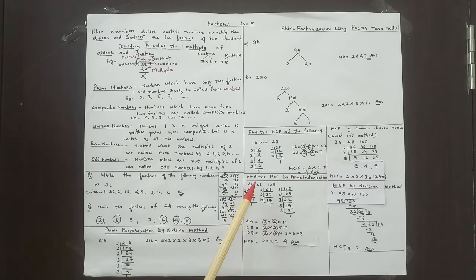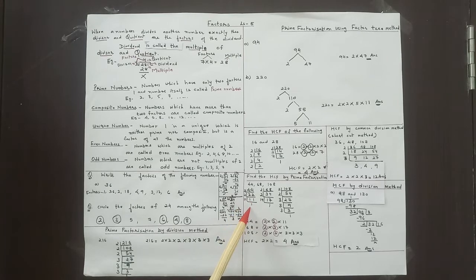After this, we will find the HCF by prime factorization. This prime factorization method is exactly what we have done here. Now 44, 68 and 108. We have three numbers here. Now we will take out the factors of 44 first, then 68 and then 108. Now first 44. 2 2s are 4, 2 2s are 4. Now we have 22 here. Then again it will be divisible by 2. 2 1s are 2, 2 1s are 2. Now we have 11 and 11 can be divisible by 11 only.